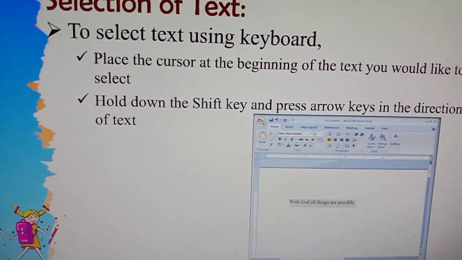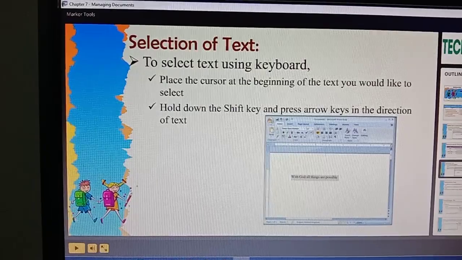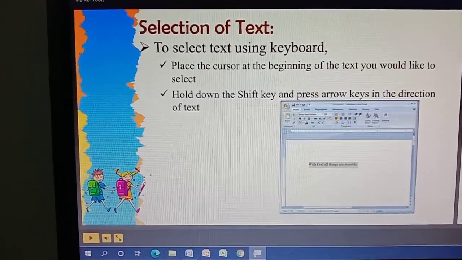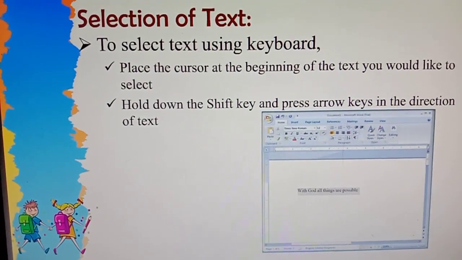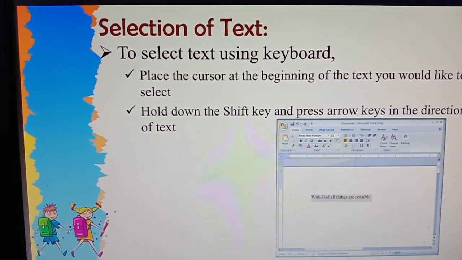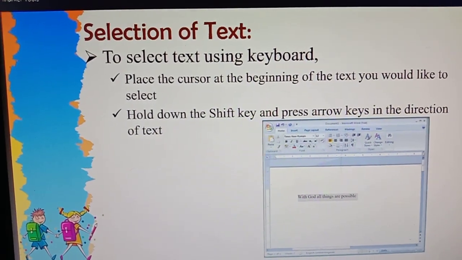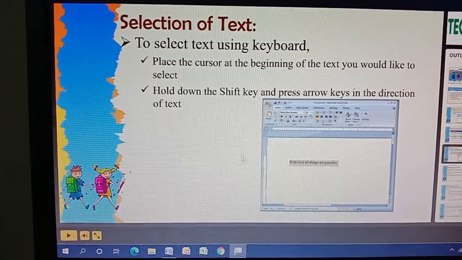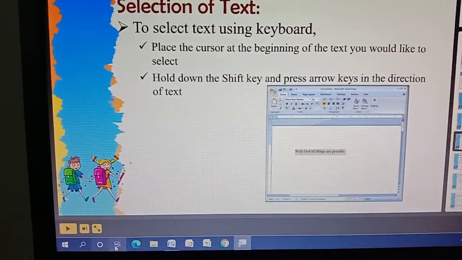Okay. And next, we are going to learn about the selection of text. There are 2 ways we can select our text. Either we can select through the keyboard or a mouse. In keyboard, use the Shift key plus arrow keys for selecting your text. If you need to select the text towards left or right, use the left or right arrows. If you need to select the text towards up or down, use the up arrow or down arrow for selecting the text. Next, you can use your mouse also for selecting the text. Place your cursor and drag your mouse pointer by holding the left mouse button.